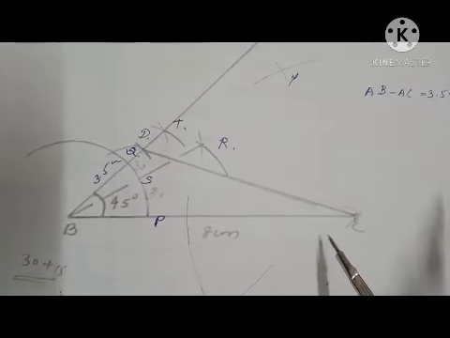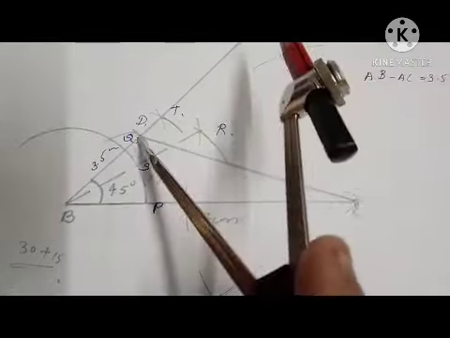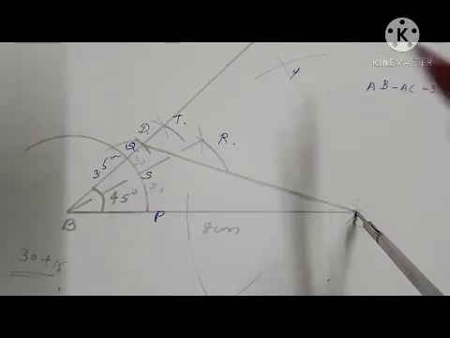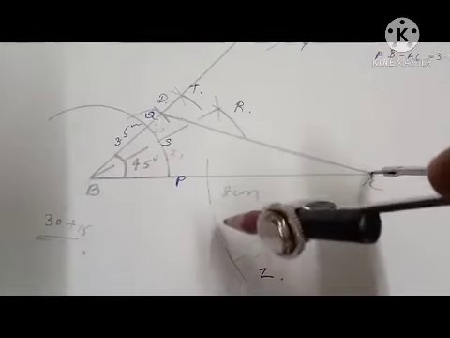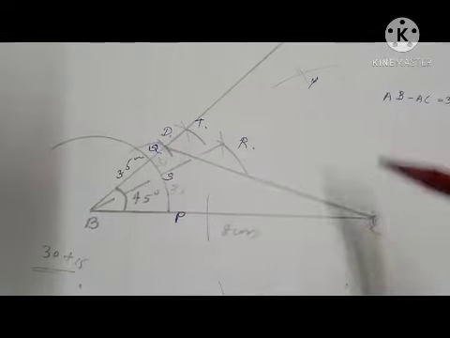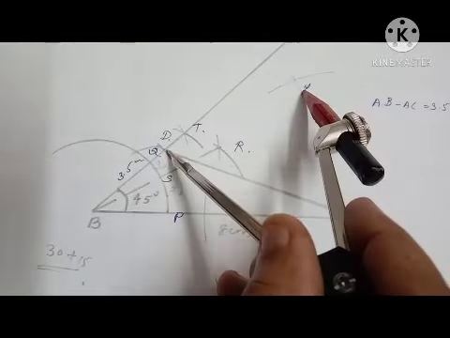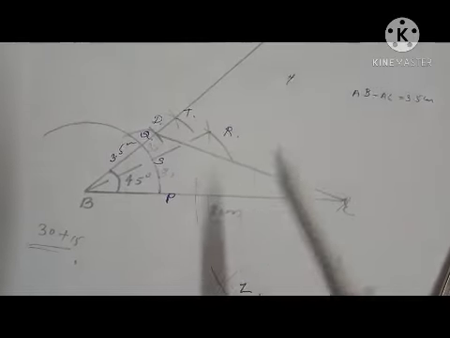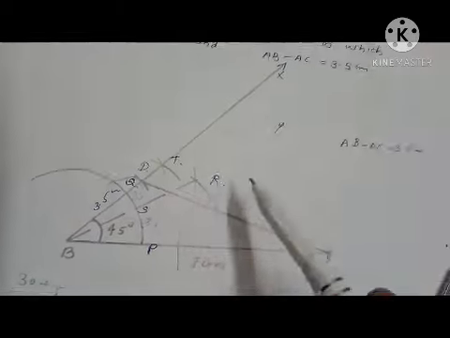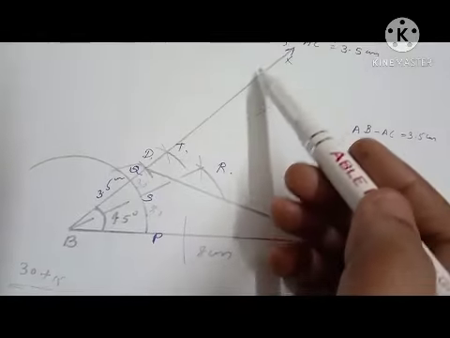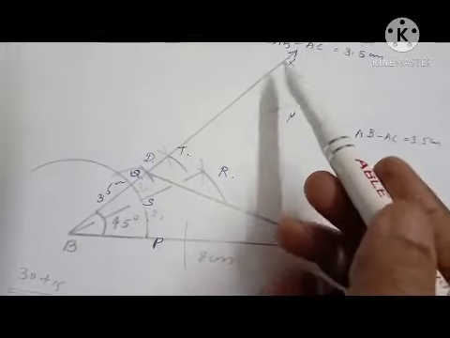The next step, we have to draw the perpendicular bisector of CD. For that we took more than half of CD and draw the arc from C to left and right of this, or up and down of this line segment CD. From D also we have to draw the arcs. Then we will get two intersecting points Y and Z. Then as last question, we have to join those 2 points and extend it. That extension should intersect this XB at a point.